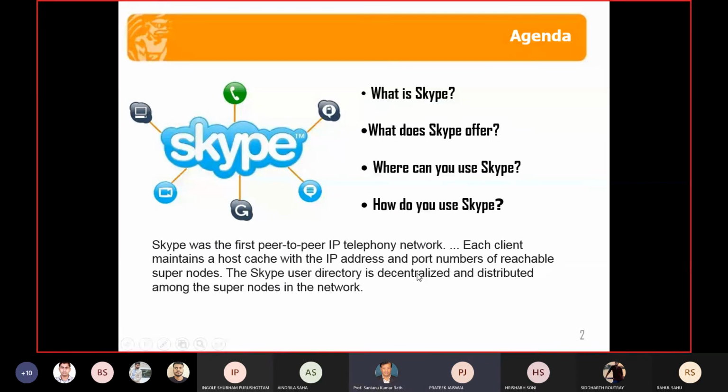The absence of centralization in peer-to-peer makes resource discovery an important issue for peer-to-peer applications. In peer-to-peer applications, queries for information are issued to a network of peers at large. In this way, Skype also uses decentralized servers where resource discovery is very easy. So what does Skype offer?